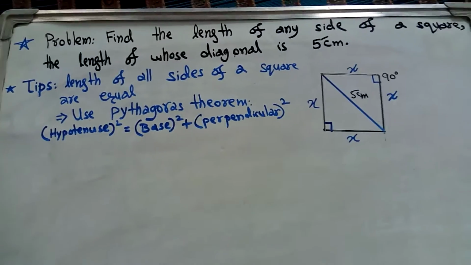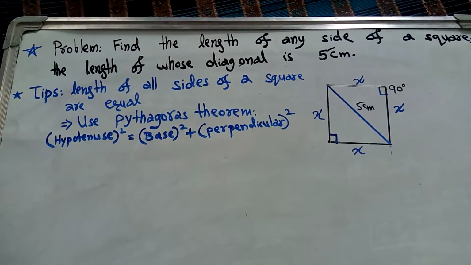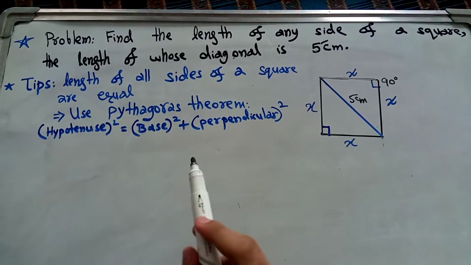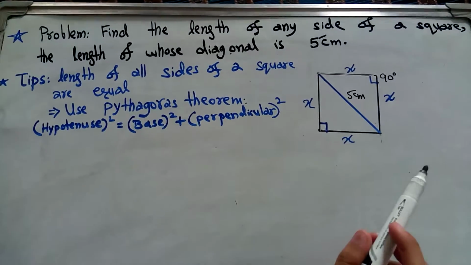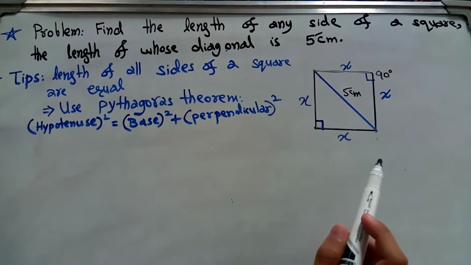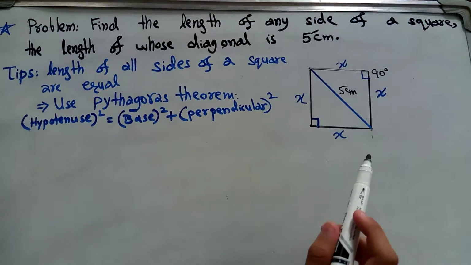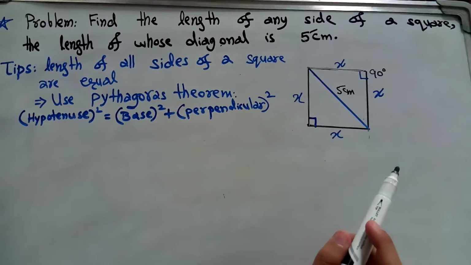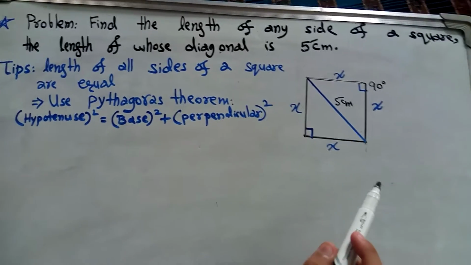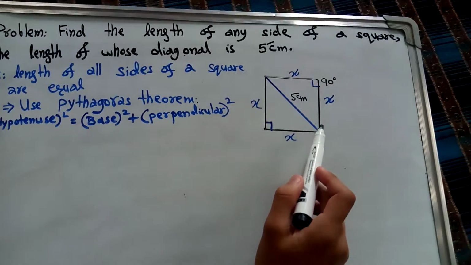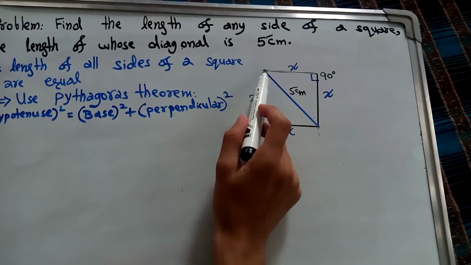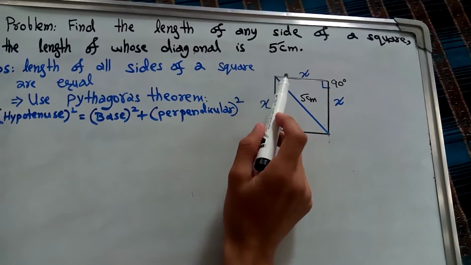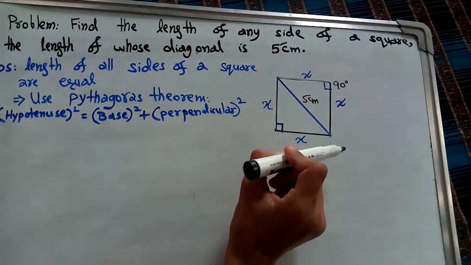Hello students, so here we have this very simple problem. Here we are asked to find the length of any side of a square for which the length of its diagonal is 5 centimeter. So the length of the diagonal of a square is 5 centimeter, and a diagonal is a line which runs from one vertex to the other vertex of the square, which joins the opposite vertices of